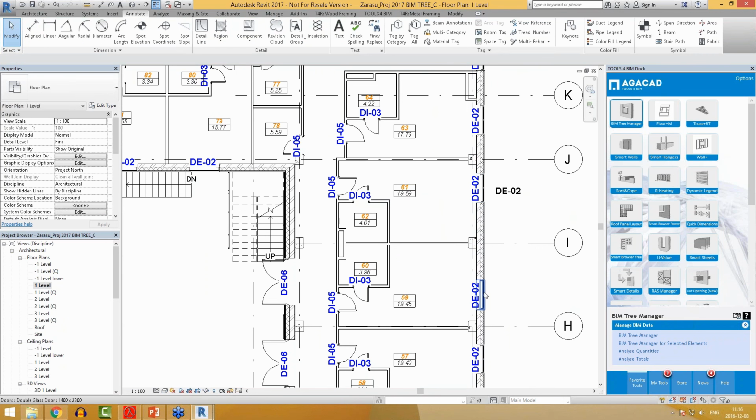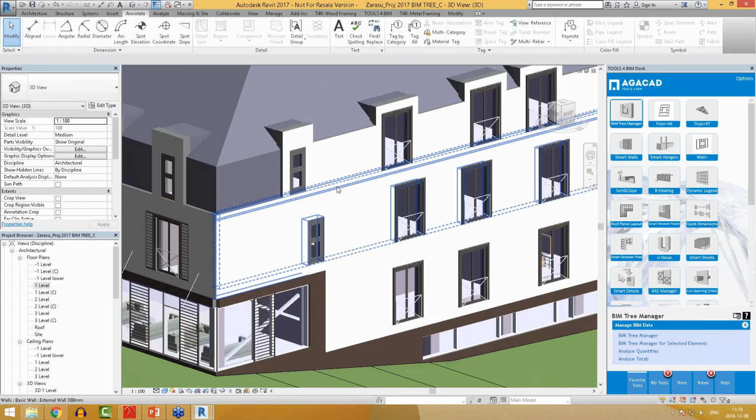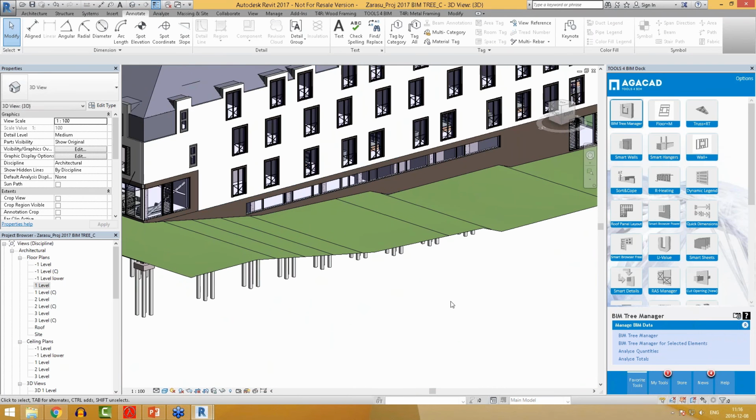So if I would change them to a different type, all my type mark values and my newly created shared parameter would not remain the same. But with Ventre Manager, I can transfer all parameter values that I want to my new door type that I want to replace. So